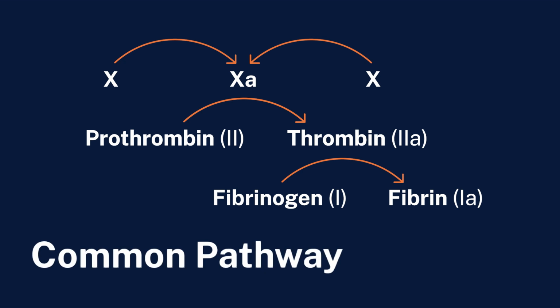Now, fibrin's important because we know that's also the target of those fibrinolytic agents that we've talked about before, different than the anticoagulants that we're focused on now. So we can see how we have these two different arms of the coagulation cascade. They center right at factor 10A, and factor 10A sends them down that common pathway to form thrombin and to